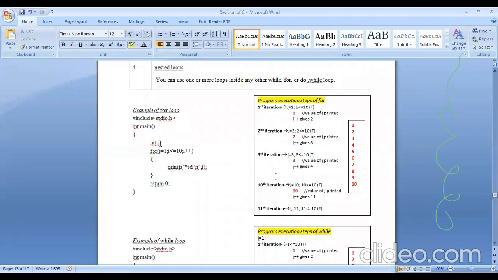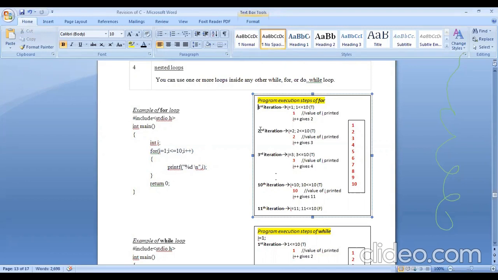We'll just see how the steps will be executed. Since we have already made the declaration, and initialization is done inside the for statement, I have shown the steps from the for statement here. So starting with the first iteration, keep a look at this. The value of I is 1 at the very beginning.